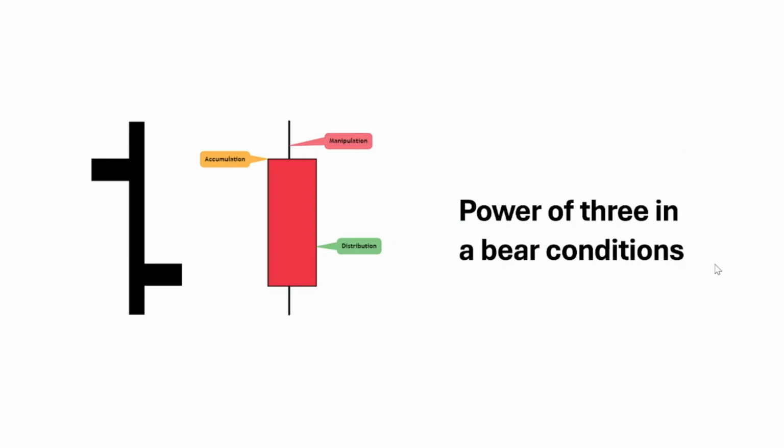Now, power of three in a bear condition. Power of three in a bear condition is after the opening price, you're looking for price to run out a premium liquidity, which is a buy side liquidity. After the accumulation, price runs out a buy side liquidity, a premium price. After the run on the buy side liquidity, which is the manipulation, you have to look for your entry leading